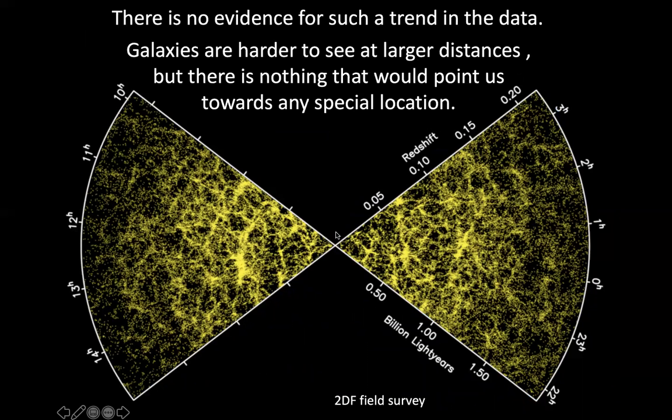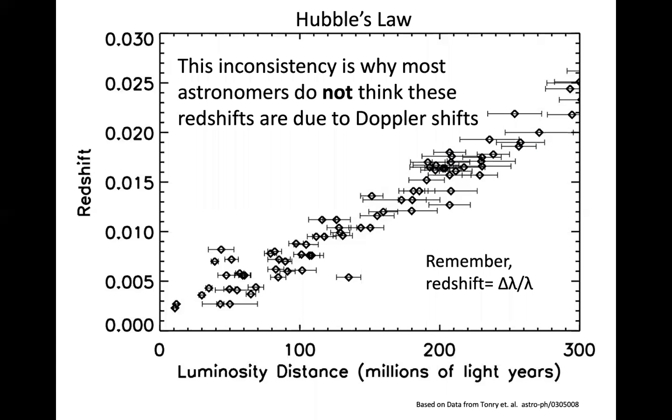If we look at surveys of galaxies, this is only over one part of the sky, but we have these over several parts. There's nothing really obvious about one side versus the other, which tells us that stuff started over here and moved over here, or vice versa. Everything looks pretty homogeneous on the larger scales, indicating there is no preferred location. And that's very hard to reconcile with these being Doppler shifts. So that is not the current interpretation. The current interpretation is much weirder than that and is